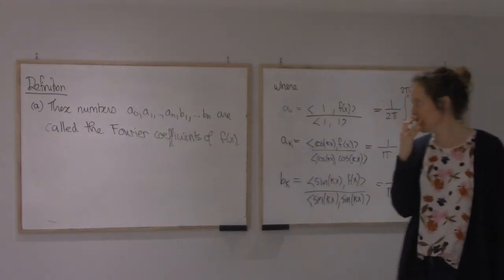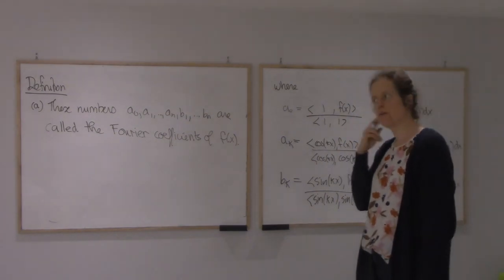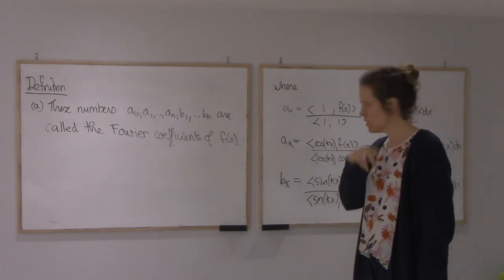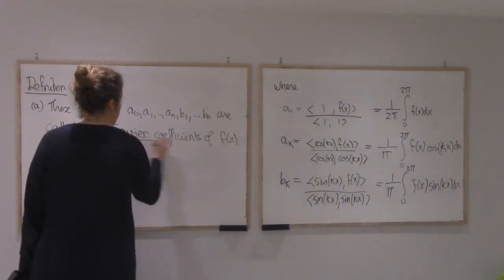Right, this is super important for periodic functions. It's very important for recordings. All right, so these are called Fourier coefficients,